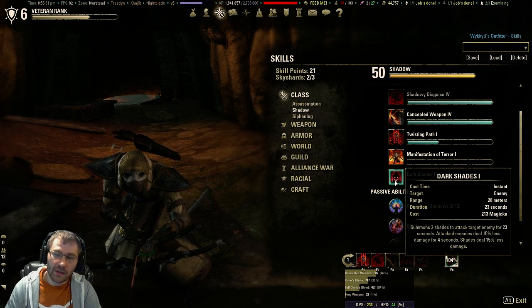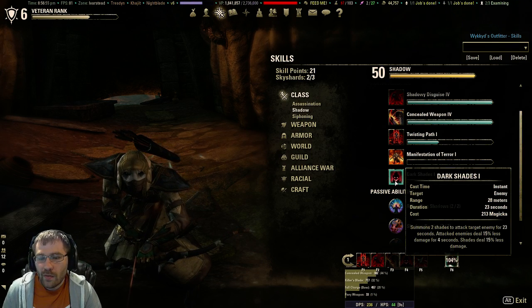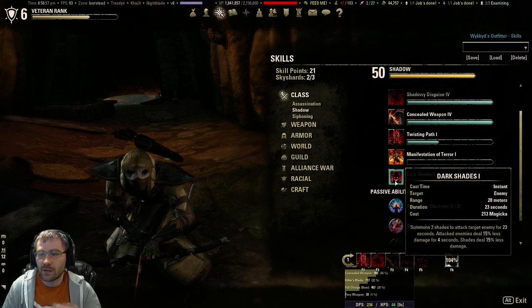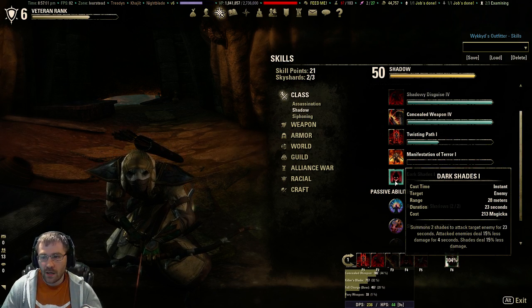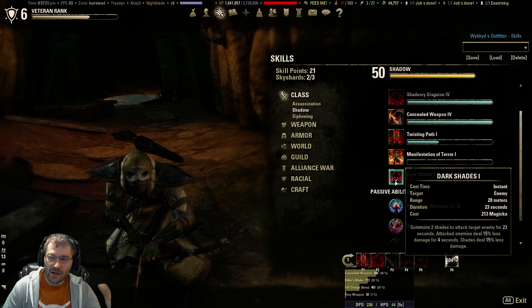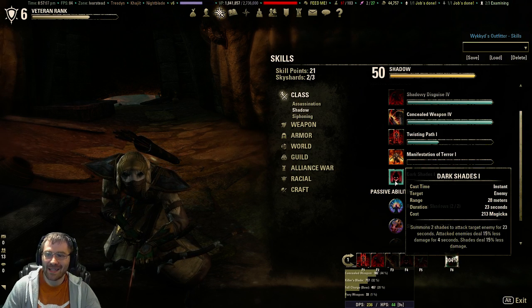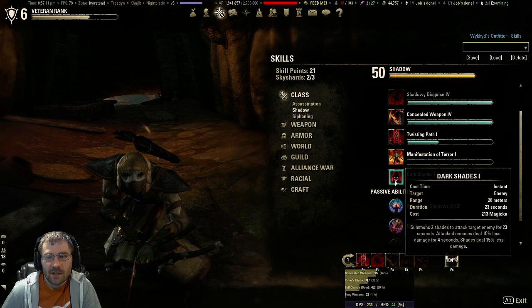Now the other one actually has usefulness. The other one is one that allows you to teleport. It creates a stationary shade instead of two melee ones that are shooting a bow. What happens with this is if you move away from that shade and then you use the ability again, you teleport back to that shade. Now, this is a pretty interesting ability,